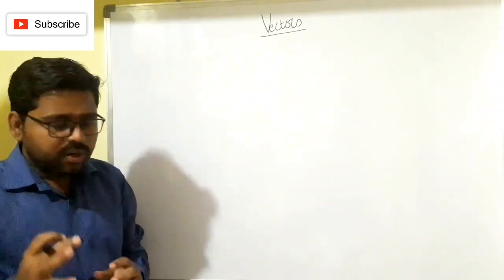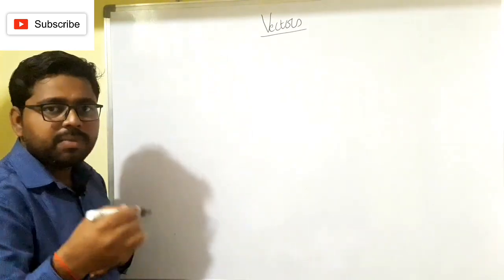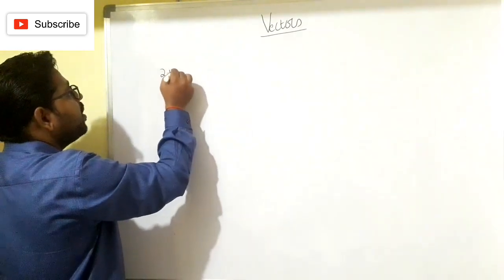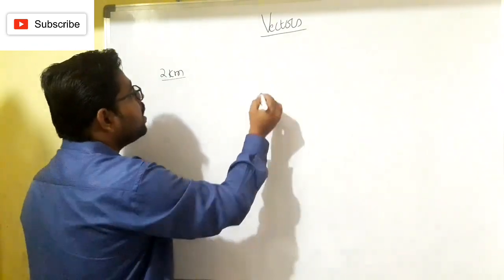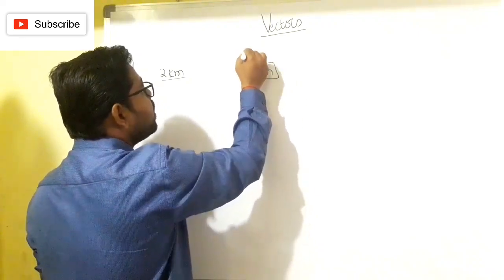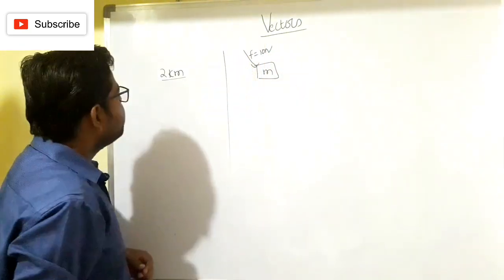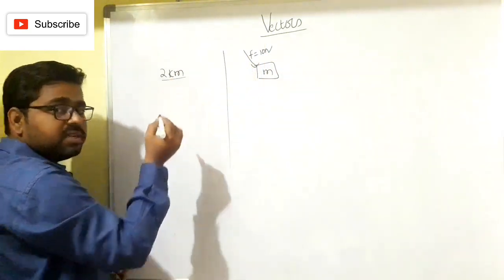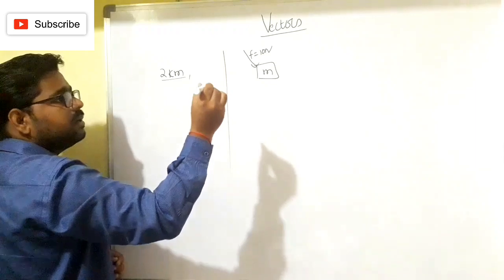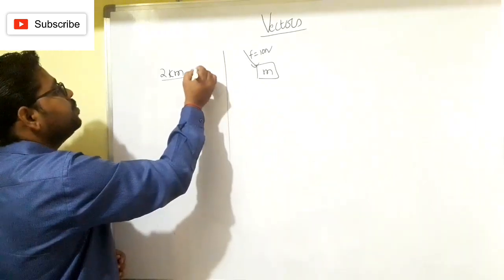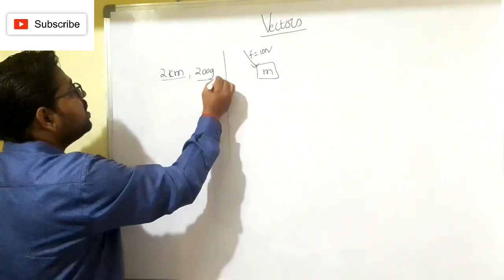So what do we mean by vectors? To understand vectors, let's take an example. I am going to say some place which is 2 kilometers from my home. This is a distance of 2 kilometers. And I have a body here, and to this body I am applying a force F of 10 Newton. Consider these two examples. 2 kilometers is length. Or one more example, let's assume the mass of this pen to be 200 gram.